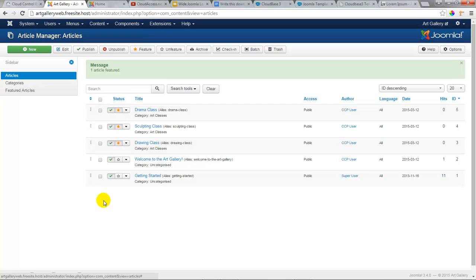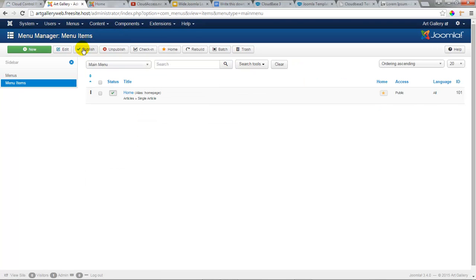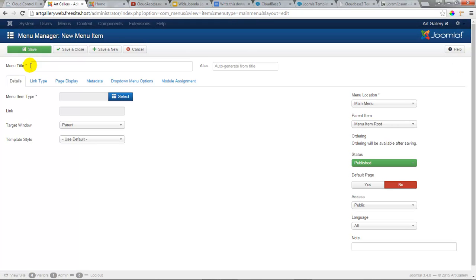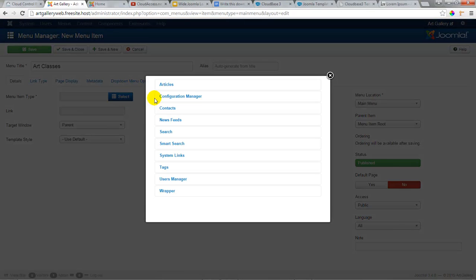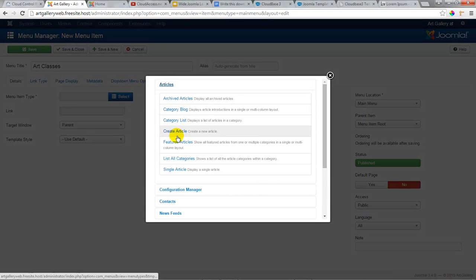Now that I've got those 3 featured articles, let's go back to my menu. We'll go to my main menu and click on the new button to create a new menu item. What type of menu item? Well, let's title it. Let's call it Art Classes. Menu item type, select. We'll come to our articles, and again, this is going to be a featured article. Again, it pulls articles from one or multiple categories into a single or multi-column layout. So let's do featured articles here,